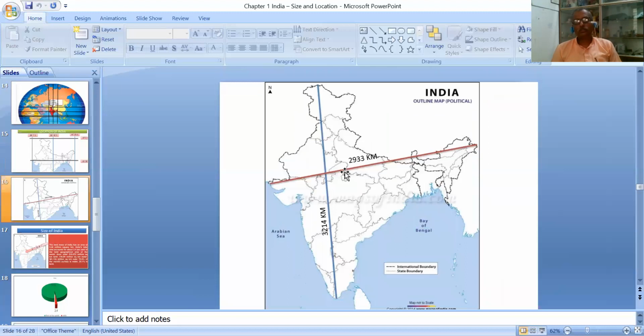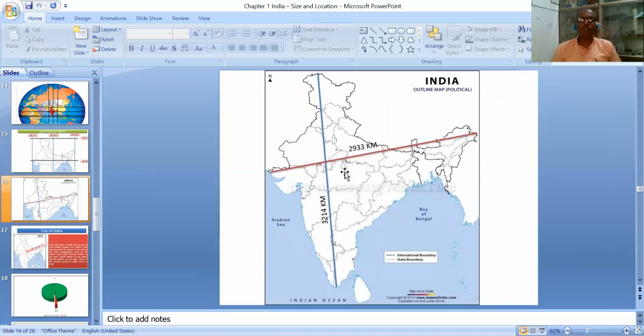Now let us look towards India in size, in kilometers. How many kilometers do we have east to west in length, and how many kilometers of land north to south? This is also a very interesting phenomenon. Look at this part now. From Jammu Kashmir to Kanyakumari, we have 3,214 kilometers of landmass.